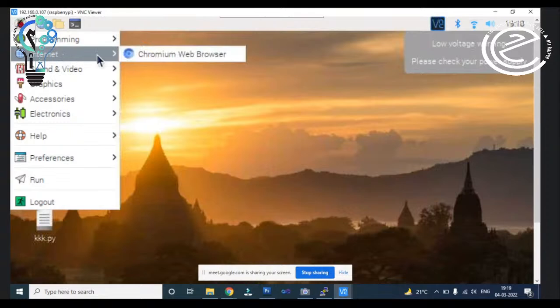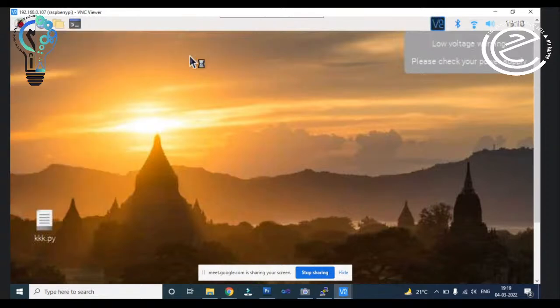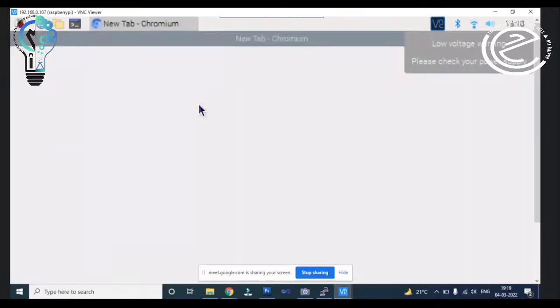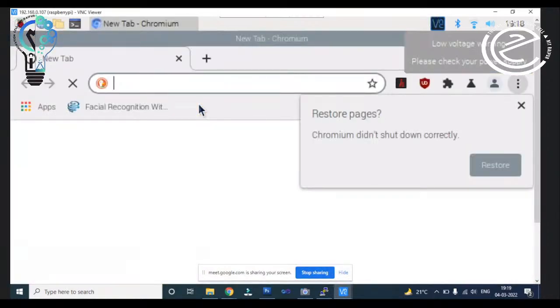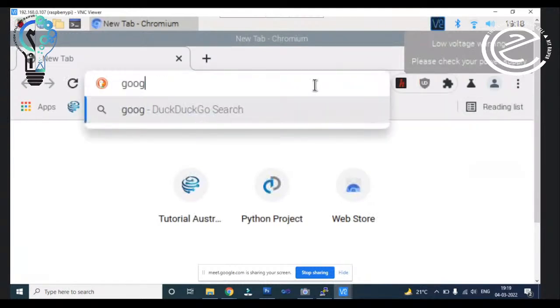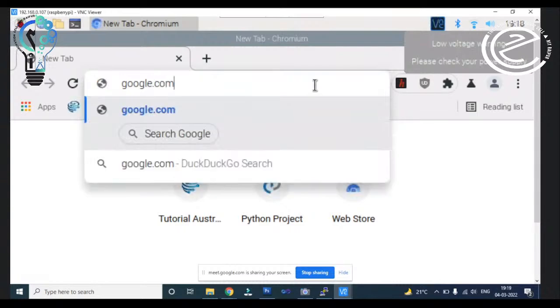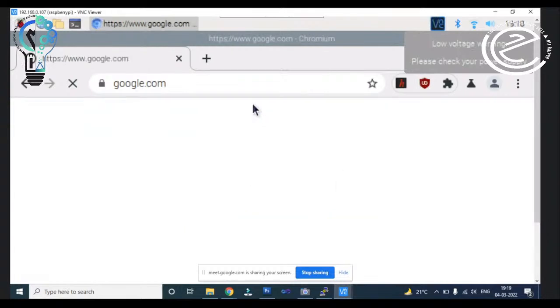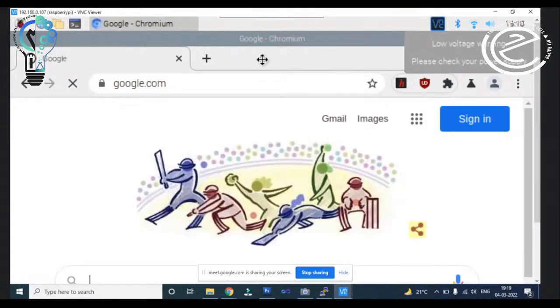Now you can also browse here. You have the Chromium browser here, so you can use the browser and you can access any link here. You don't need to access your personal Chrome window. You can use this Chromium browser. You can open any website here, right? It will give you the complete support of internet. And if you want to search anything, then you can search here.